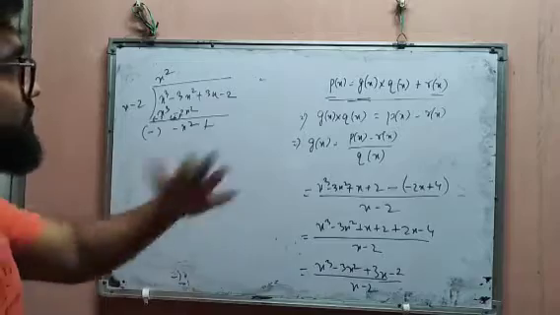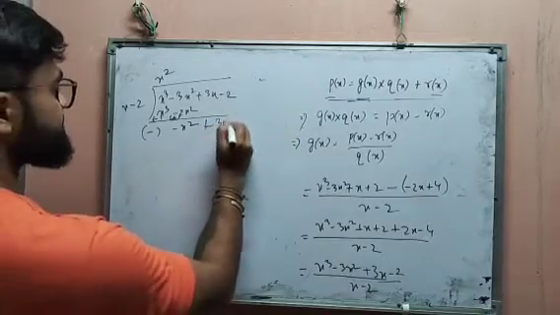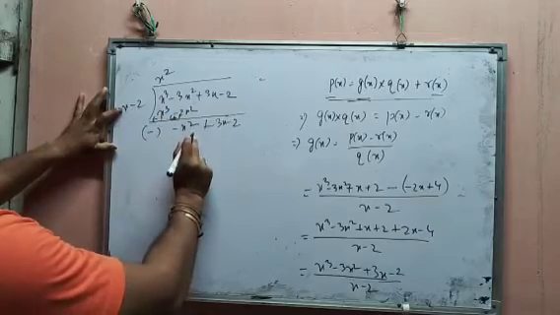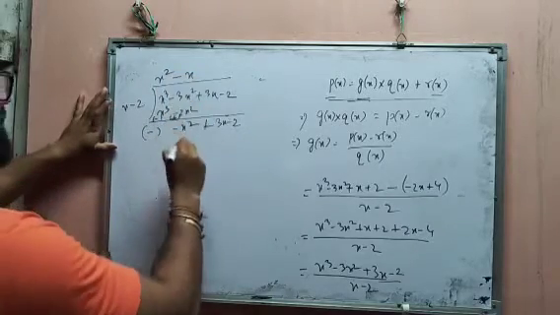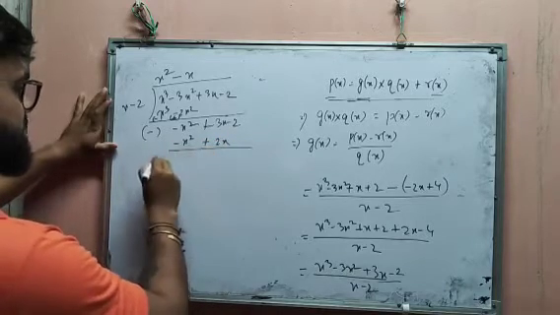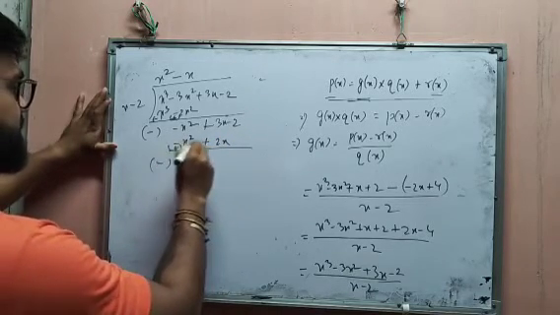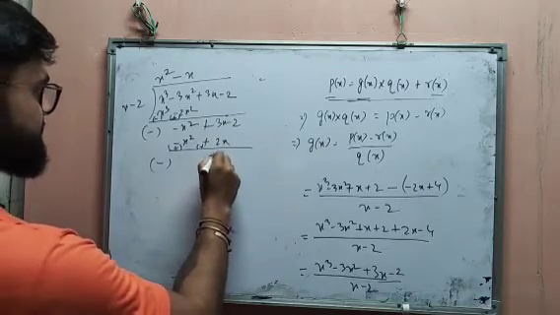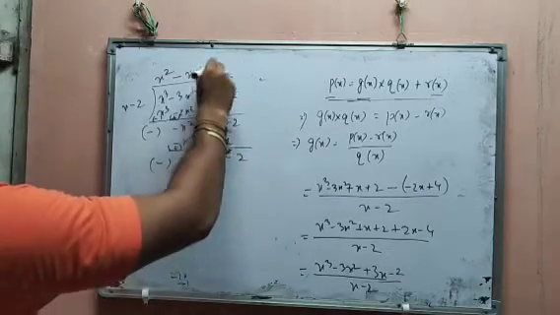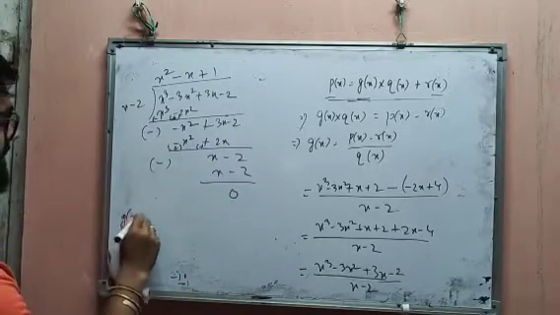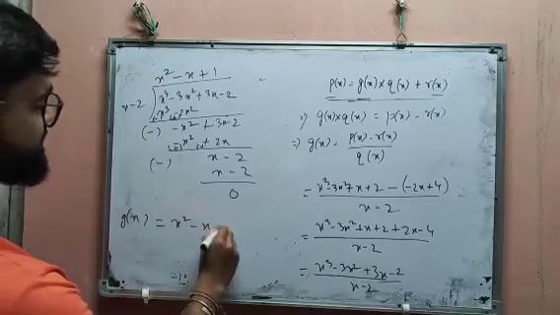Okay, so subtract, x cube cancels, so minus 3 plus 2 that is minus x square. The sign changes as before. Now x is there and this is x square, so we can give minus x times: minus x square and plus 2x. Subtract, so this becomes 3 minus 2, x minus 2. So we can give one time. Now x minus 2 equal to 0, so our answer gx is x square minus x plus 1.